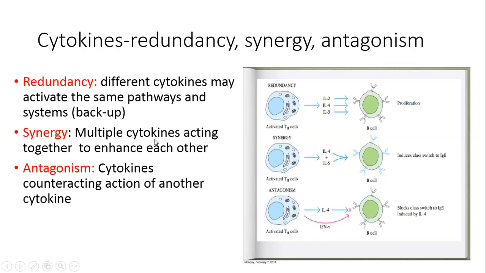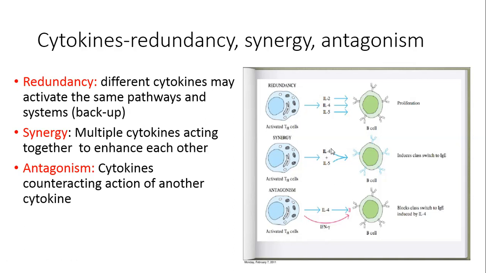Synergy is one where multiple cytokines work together in a synergistic way. It's exactly what it sounds like. So interleukin-4 on its own is able to change things when it acts on a B cell. It can actually trigger that B cell to stop producing IgM and to switch over to produce IgE. That's the action of interleukin 4,